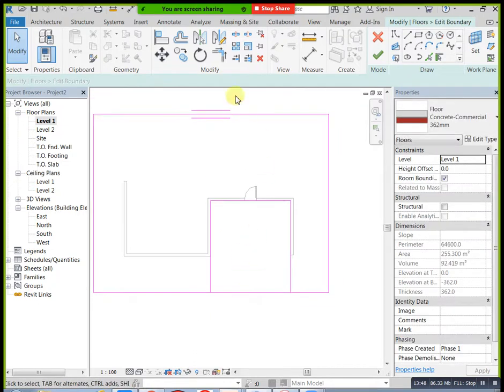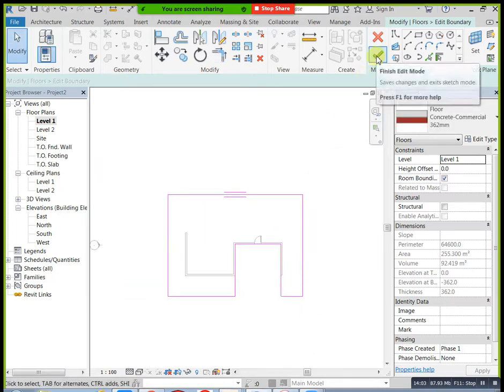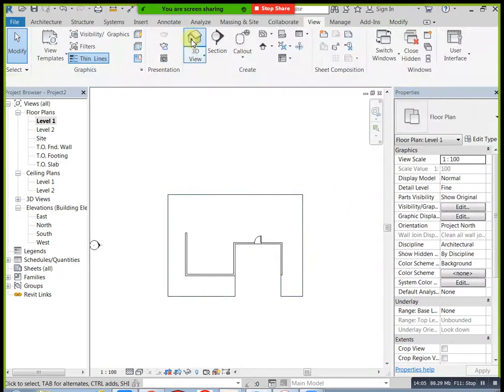Then you can apply this side and this side. Just now you can do finish. Go to 3D. Okay, here if you need floor, here you can apply, or otherwise you can leave.